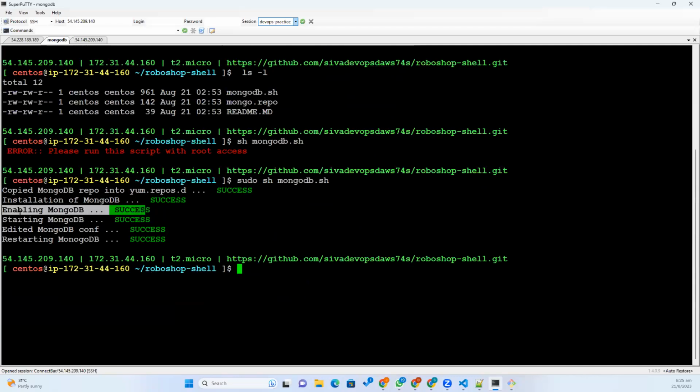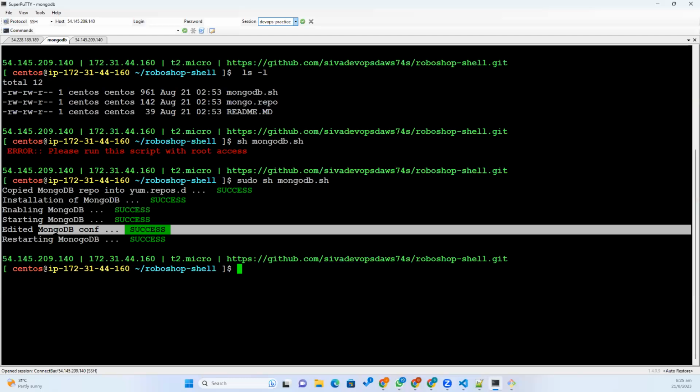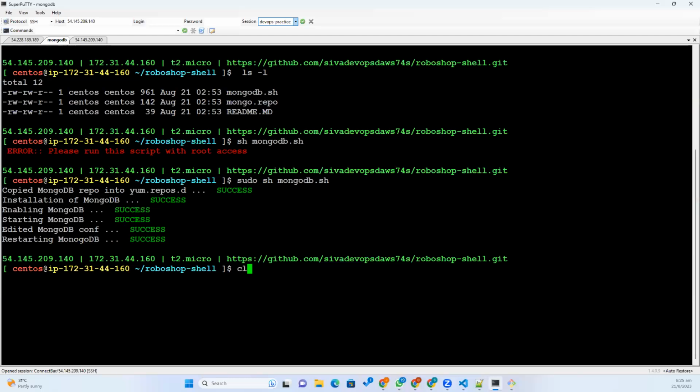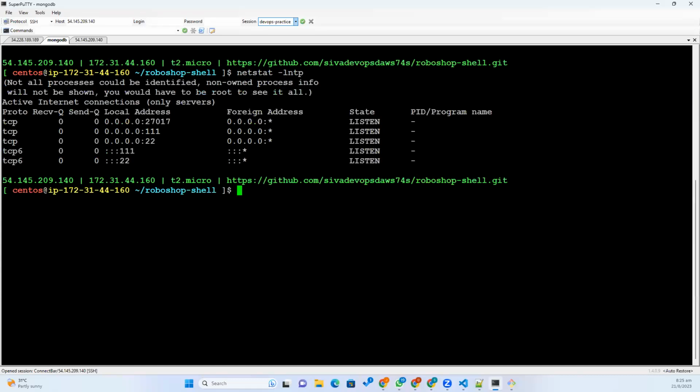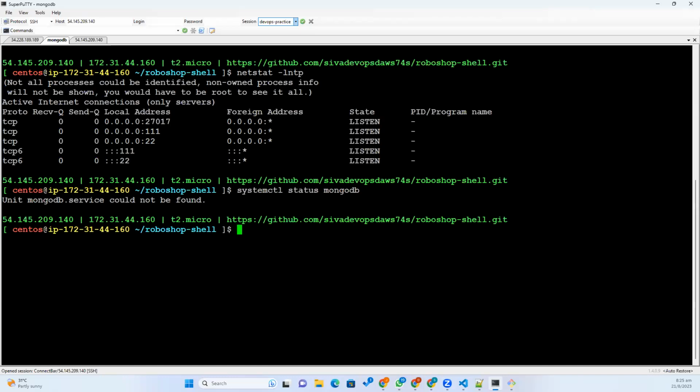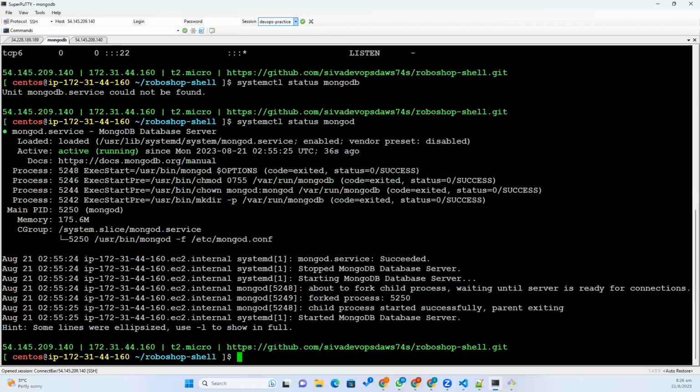It enabled, it started, it edited, and then it restarted. Now to get the confirmation, what you have to run here, netstat -lntp. Okay, you can see it is not 127.0.0.1. And then systemctl status mongodb. So MongoDB is running. Okay. Just the same way you can install